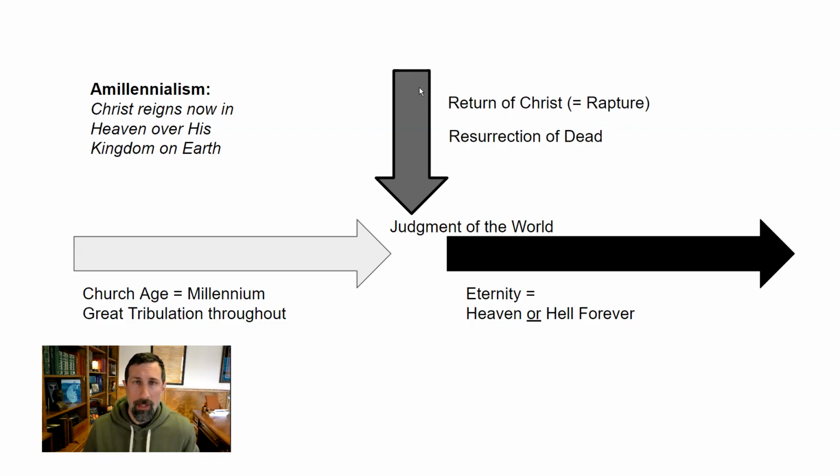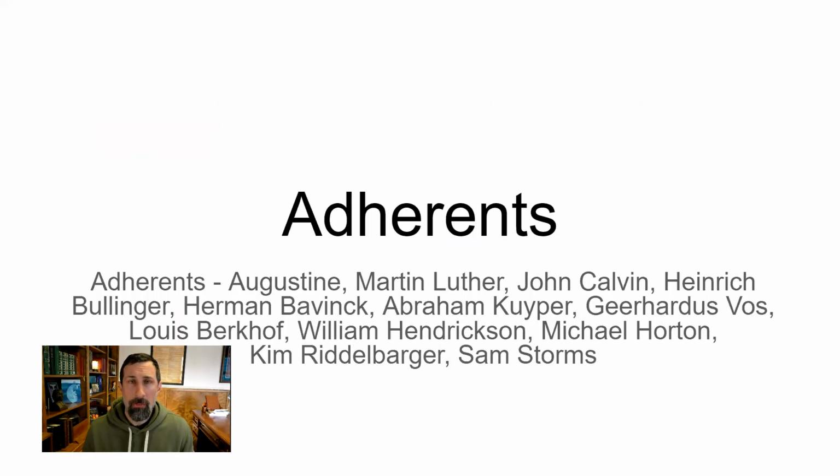And this great eschatological event is coextensive or simultaneous with the resurrection of the dead. When he comes, he will raise the dead, and then Christ will judge the world. Then what we're waiting for after that is simply eternity, where we will spend eternity in either heaven or hell, as the case may be, depending on whether or not we've been saved by grace through faith in Jesus Christ. So amillennialism is the simplest view of the end times,